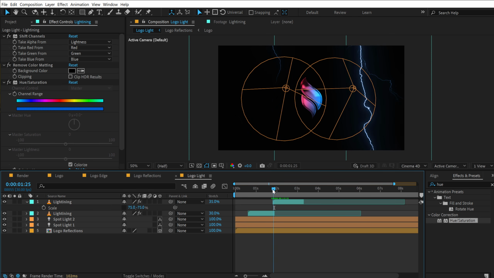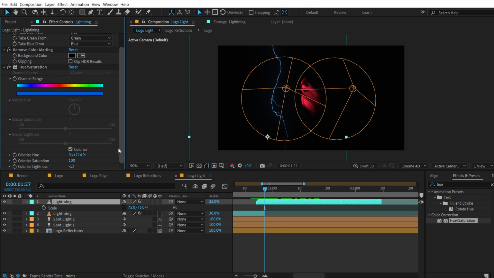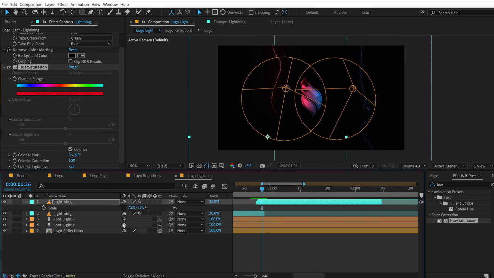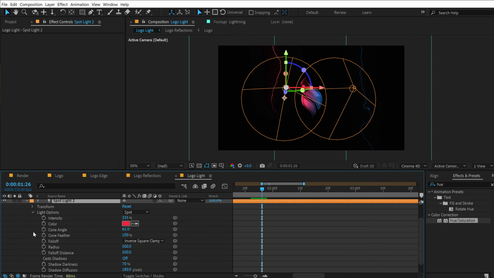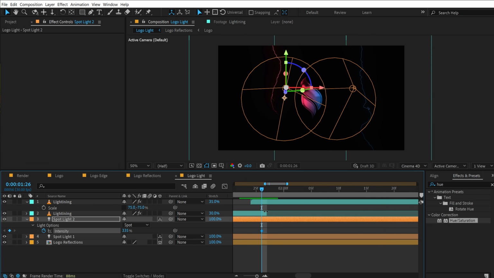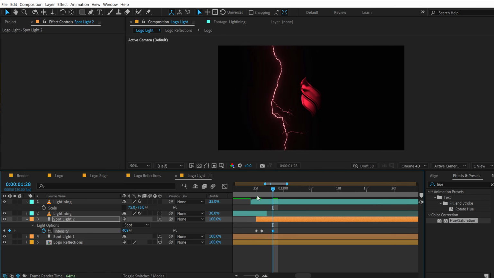All right here, let's set this to a nice red color, and now we can basically animate the intensity of spotlight 2. So I'll go into the light options, create a keyframe on the intensity, and the same exact process that we did before. We can also crop the layer, so hold Alt and left square bracket,